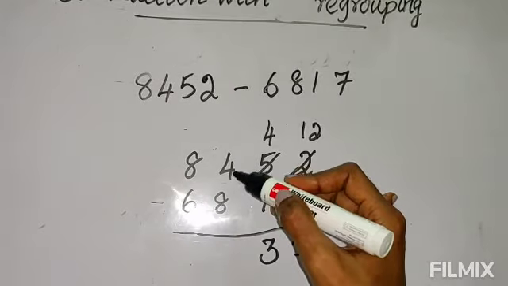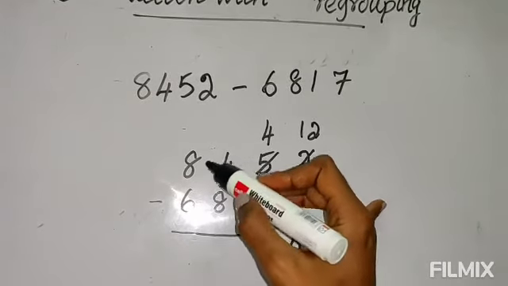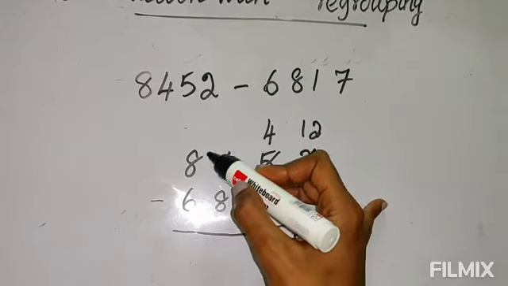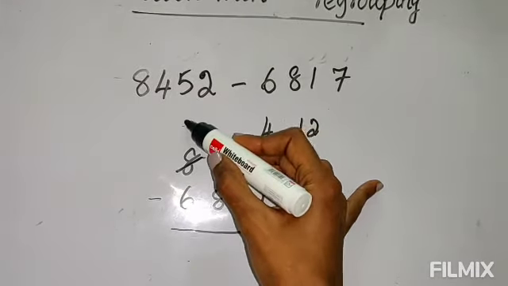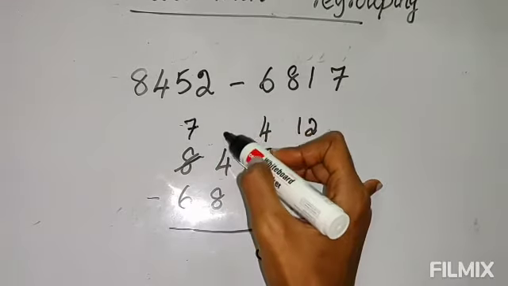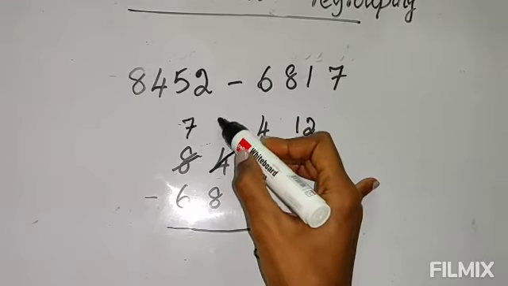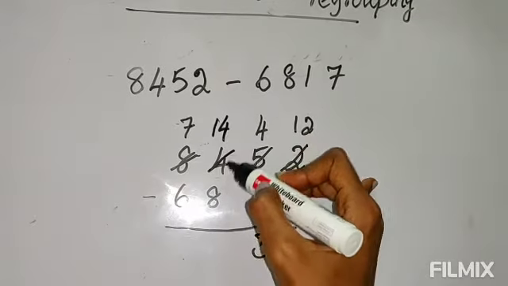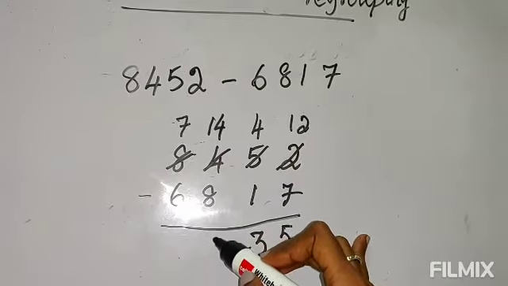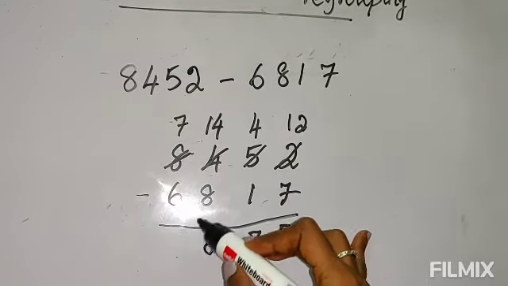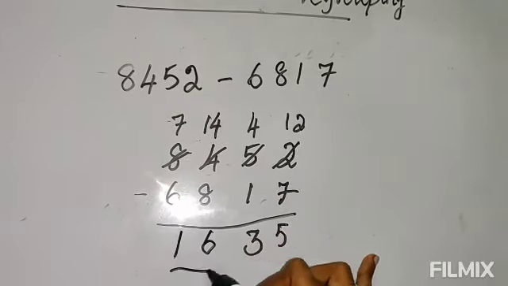And here again if you see, 8 is big, 4 is small. So you cannot minus from small to big. So you will borrow from the left side digit. Here in the left side thousands place we have 8000. If you borrow 1, now 7 only will remain. That 1 comes here and it becomes now 14. So now 14 minus 8, it will be 6. 7 minus 6, 1. So this is the answer.